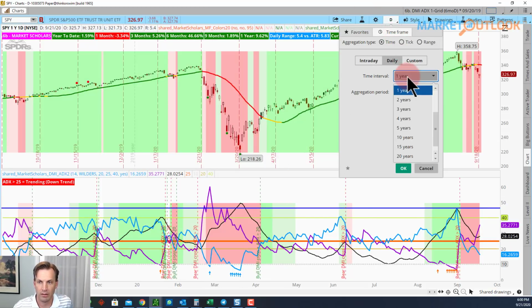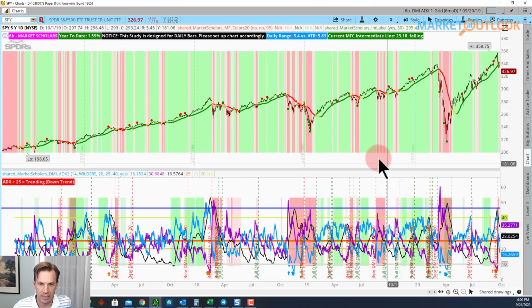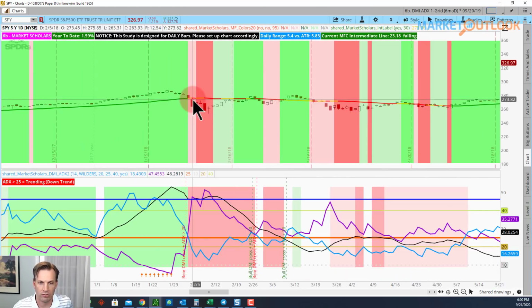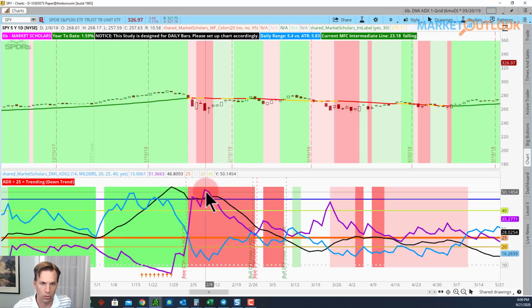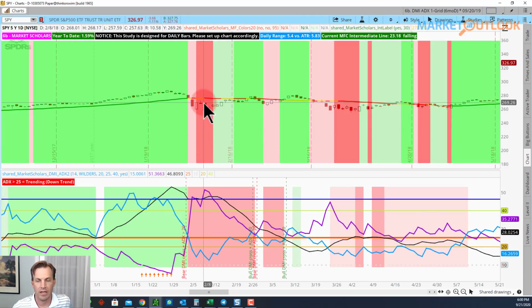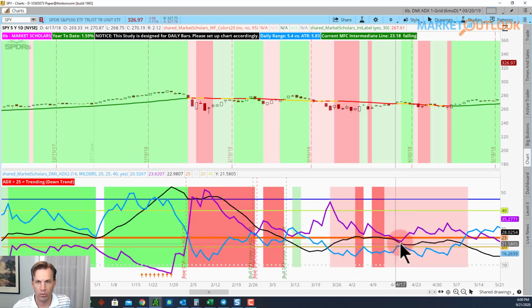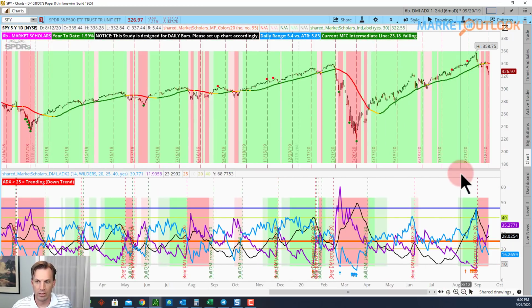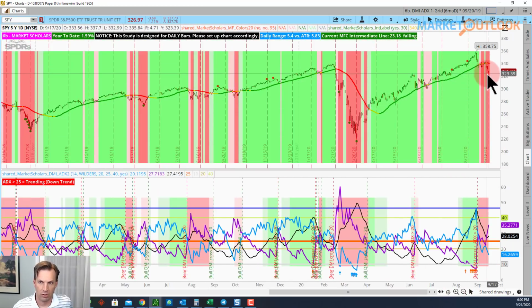Even if you were to go back to 2018 when we had this intermediate pullback that lasted a few months, the biggest moves occurred early, right off the bat. Got above 40, got closer to 10. Then we were grinding down lower and had some up and down moves after that. So if this is the intermediate pullback, if this is the drop, then